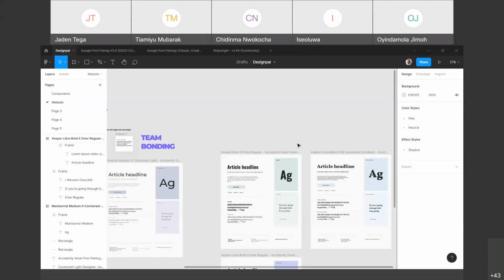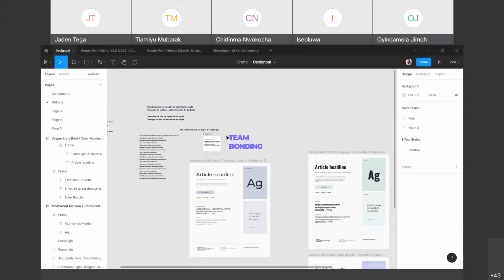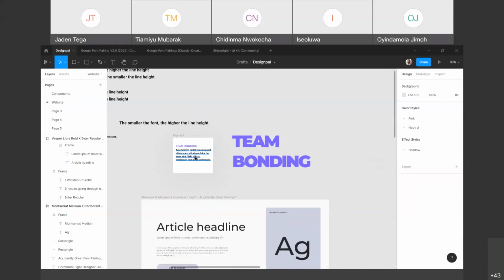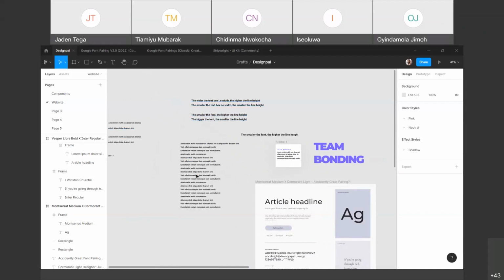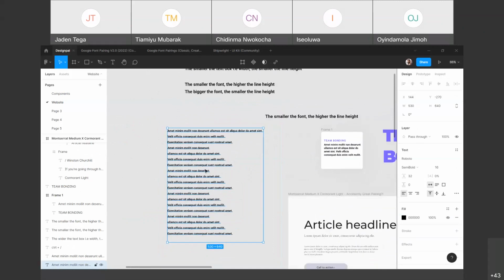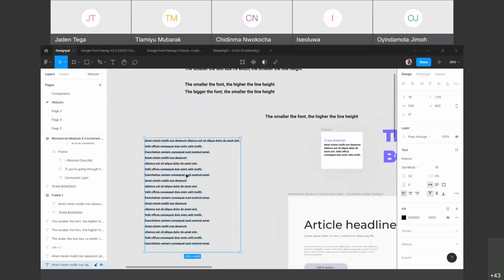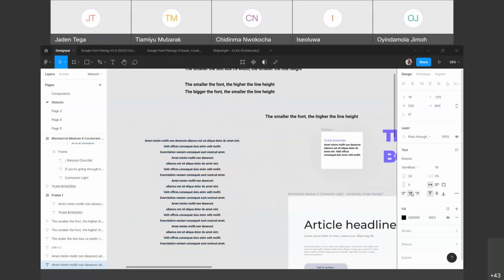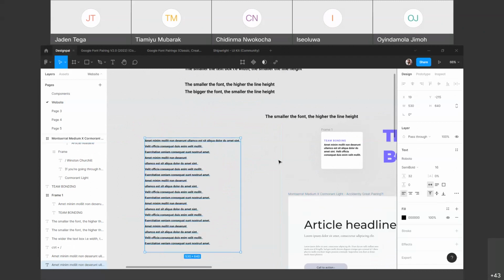We've talked about line height. We've talked about letter spacing. And another thing I love to talk about is font alignment. So when it comes to font alignment, some people do stuff like this. So when you have a long text, it's good to always left align. Always left align when you have a long text. I've seen people do this before, and trust me, it's not good. So a typical example is when you have a card,